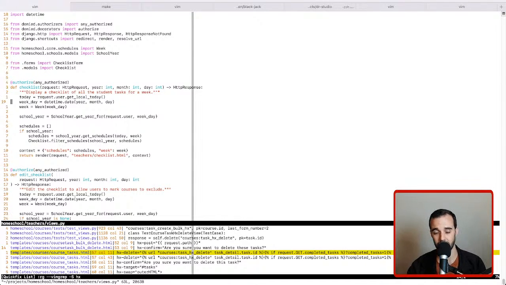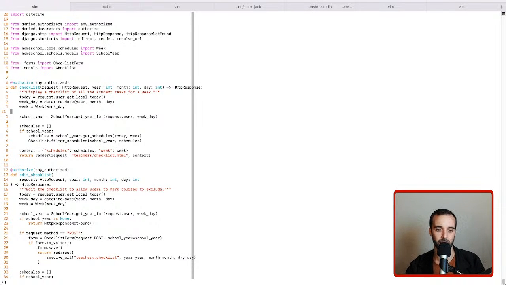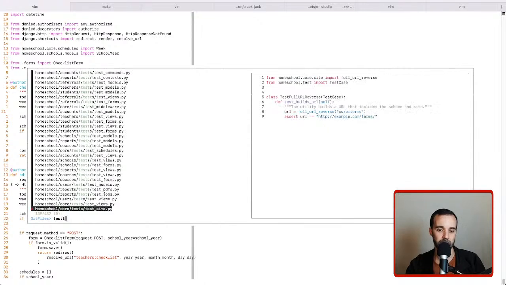And the spoiler alert, the problem is right here. It looks for a school year based on the weekday, and the first weekday that it starts with is the Sunday, which is outside the range. So we need to modify the weekday or look for a slightly different weekday if we didn't get a result. So there's going to be maybe an extra clause here. I'm not really sure. I've got to figure out what I want to do with that. But we can write the test first, prove that it's not right, and then back into the solution as we think through that. So let's open up the teacher's test views file,